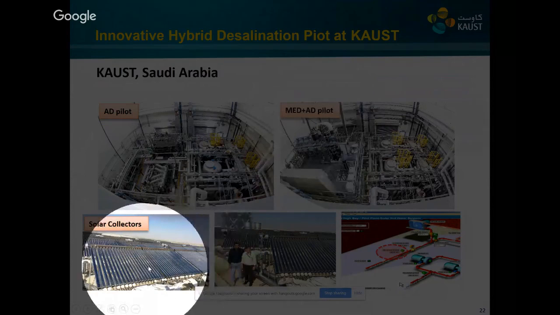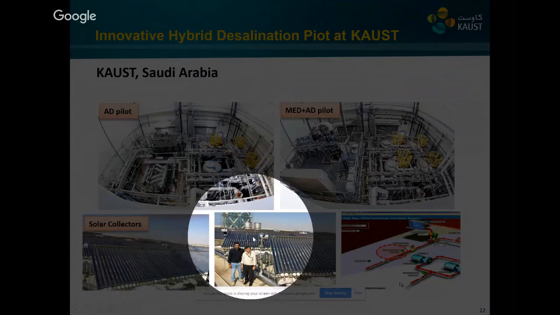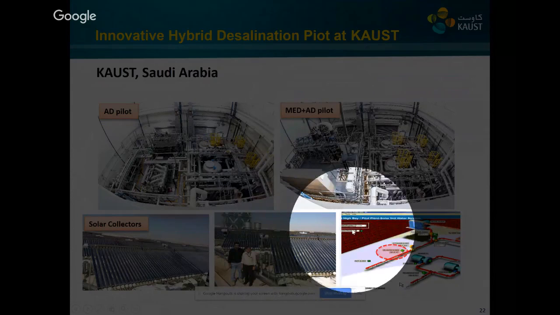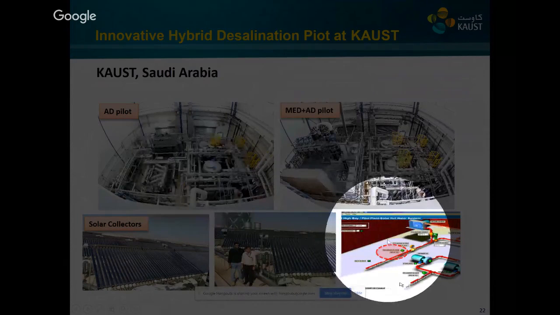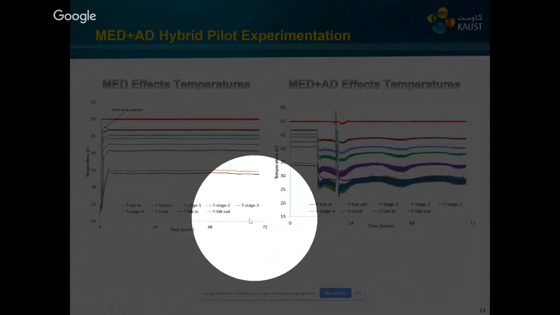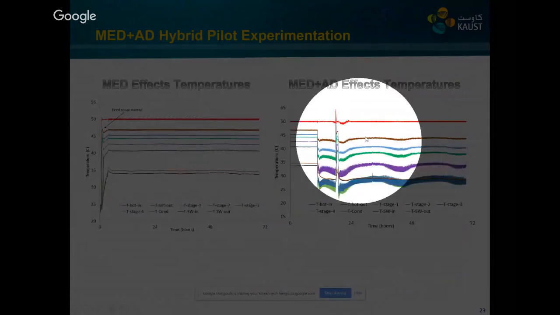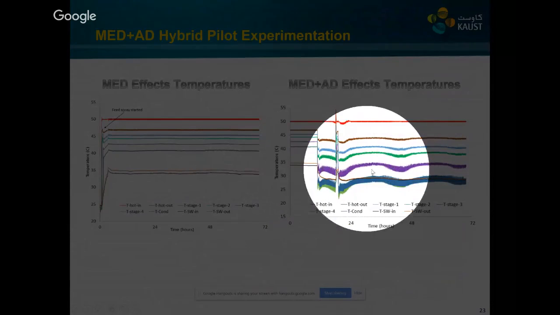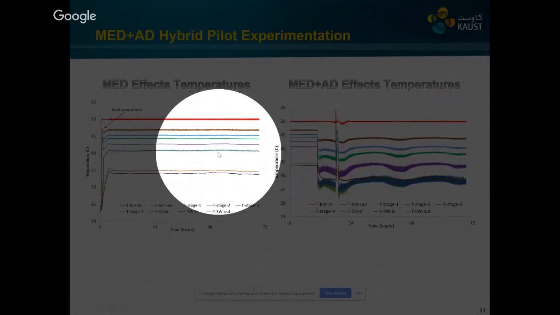These are the solar collectors. Those are installed on the rooftop, with a 352 square meter area, to operate the adsorption cycle from 60 to 85 degrees centigrade throughout the day. So we operated our system for 1 week continuously, because for an industrial pilot, normally 1 hour or 2 hour experiments are not appreciated by the industry. So we can see here that for 3 days we operated as a conventional MED, and for another 3 days we linked it to the AD, and we operated for the whole week to check the stability of the system.